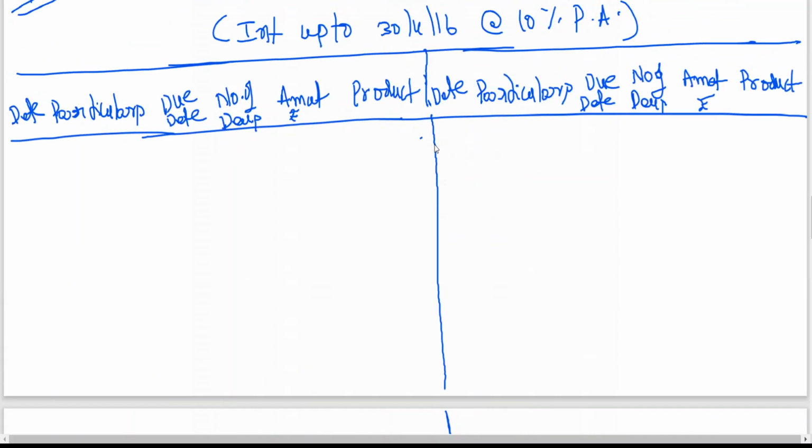Date: 1st April 16. Y balance brought down. Now, if nothing is mentioned for all the problems, use the forward method, don't go for the backward method. Sometimes you may get confused. Unless he is insisting on the epoch method, don't do it. You have to go by the forward method only. Y balance brought down. Due date also same, 1/4/14. Amount is 10,000.